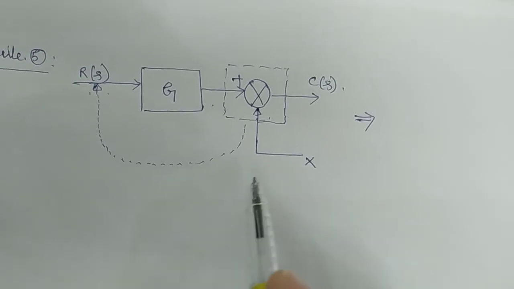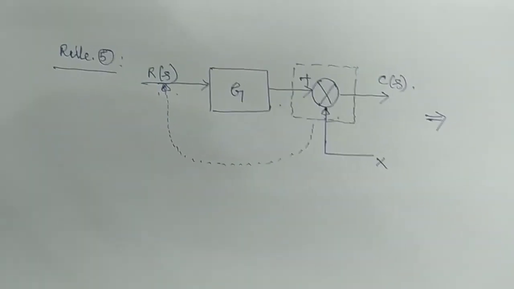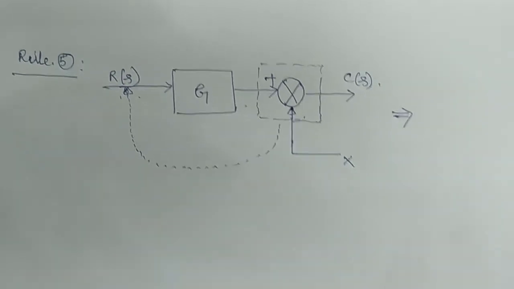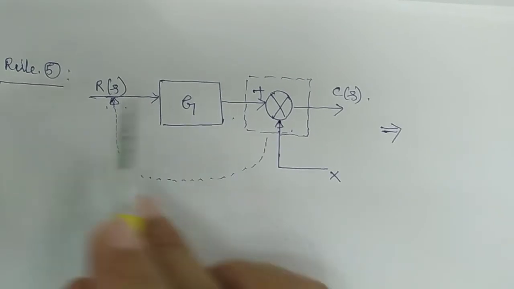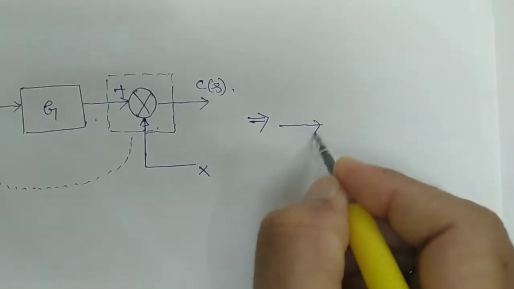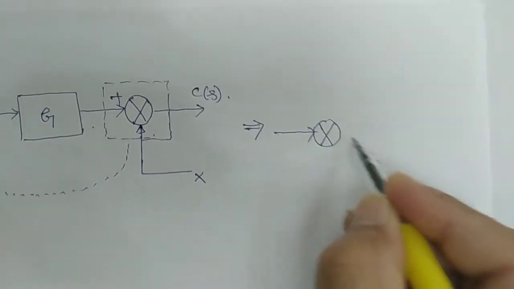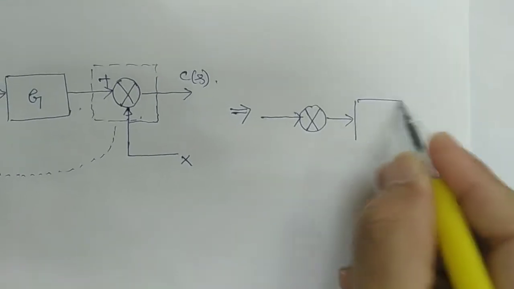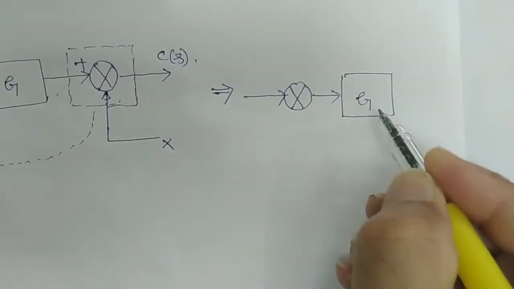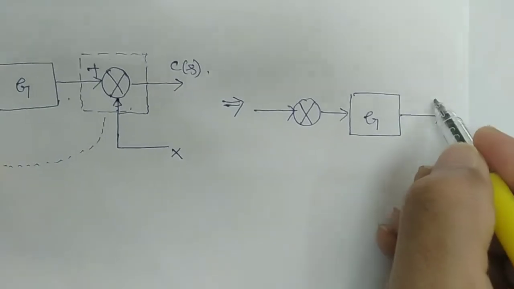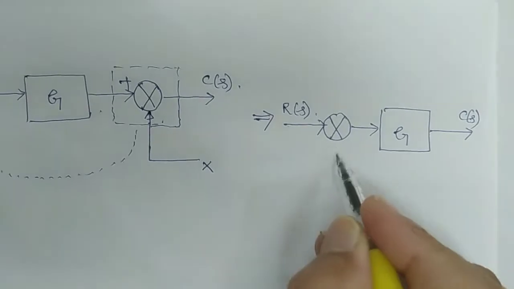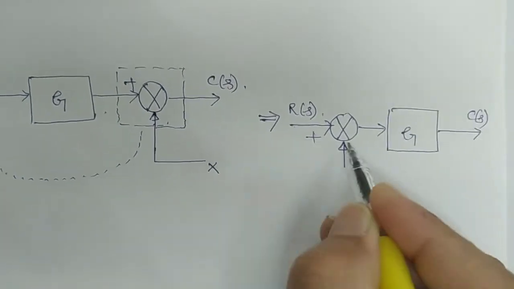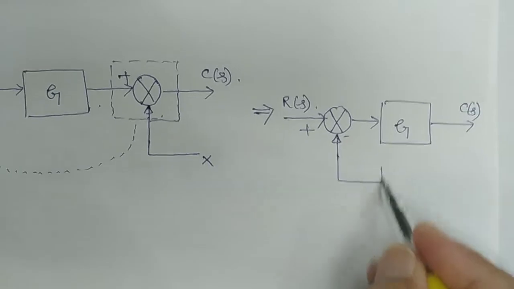In this case, it is exactly opposite to rule number 4, what we have seen just now. What will you write? Obviously this summer point you have to represent here in the simplification. You write the summer point and you write the gain here. This is your G, and this is your C of S, and this is R of S, and here this is plus, and here how it comes,